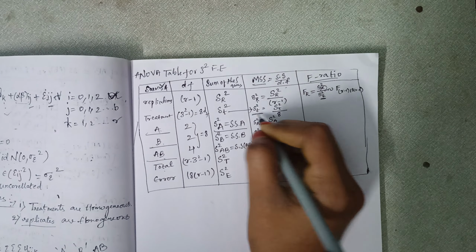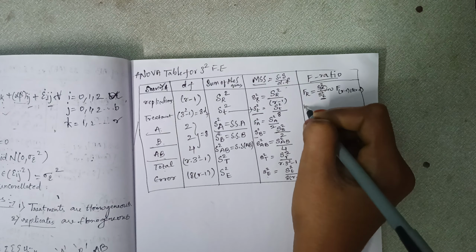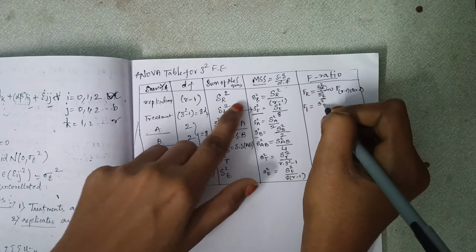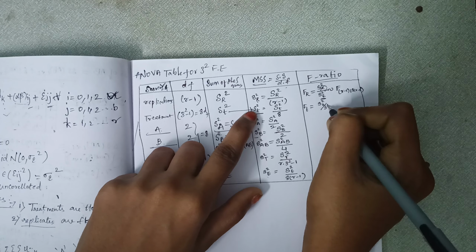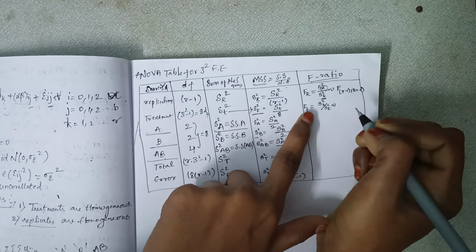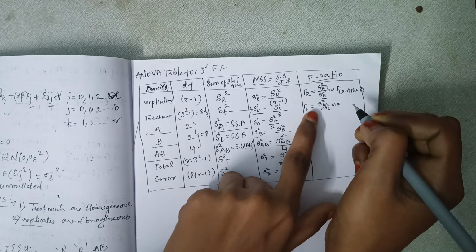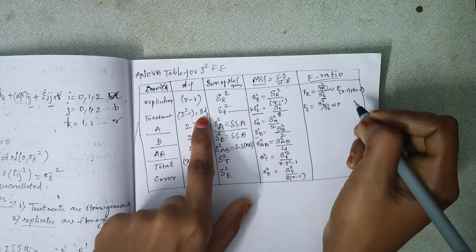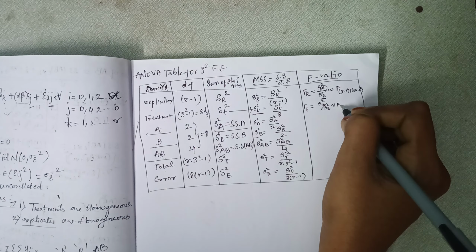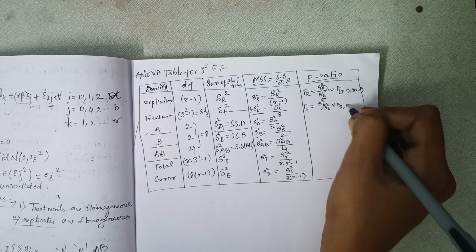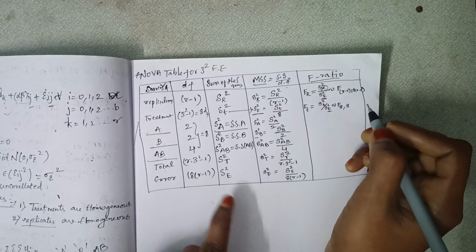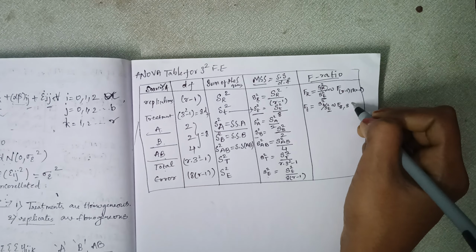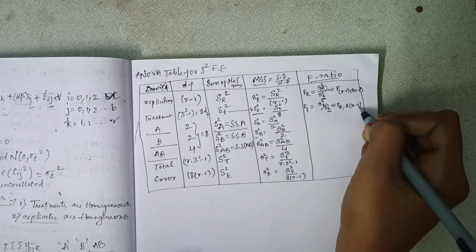And now s t square, treatments. Therefore, F t, which is equal to small s square t by small s square e, which follows here the F. Here, due to the treatments, we are calculating the F ratio for the treatments. So treatments has 8 degrees of freedom. So F of 8, comma, and e, sum of the squares due to errors. Error degrees of freedom is 8 into r minus 1. So 8 into r minus 1.